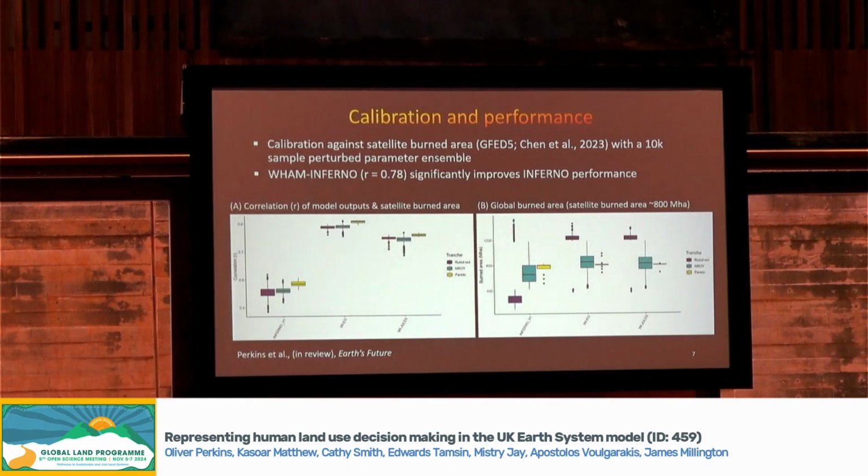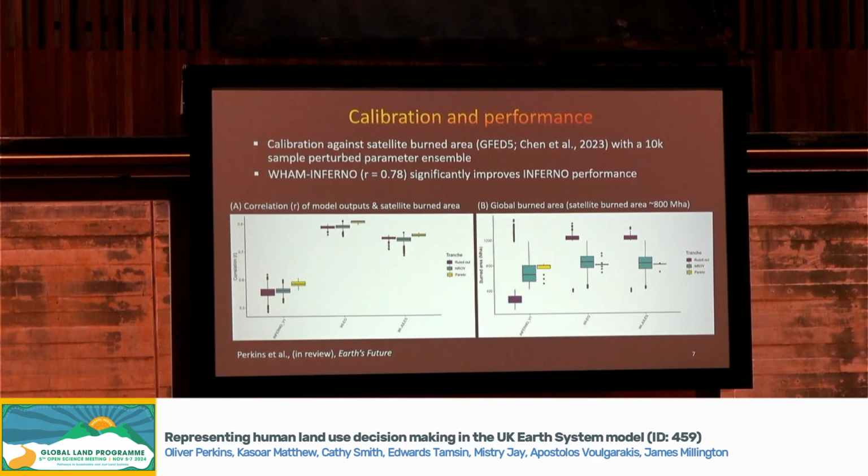So I'm really hesitant to say this is good. It's better using the metrics that were used in the first Fire Model Intercomparison Project. So yeah, you can see on the left-hand side, we did a comparison with INFERNO, the fire module, without inclusion of our model and with it. And so you can see the correlation with the satellite product increases significantly and substantially.